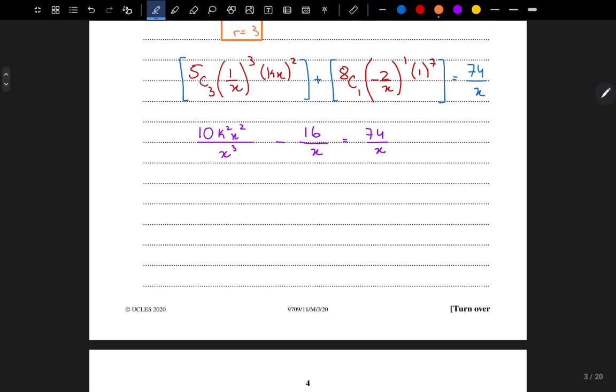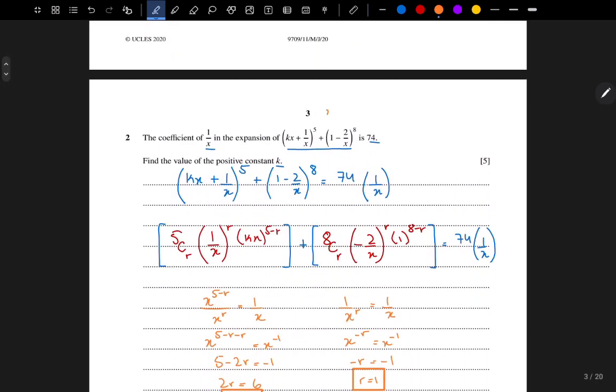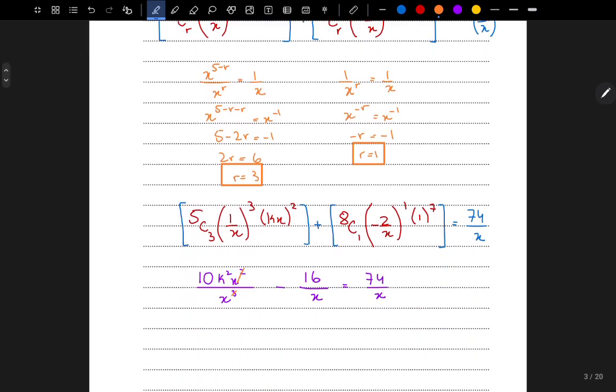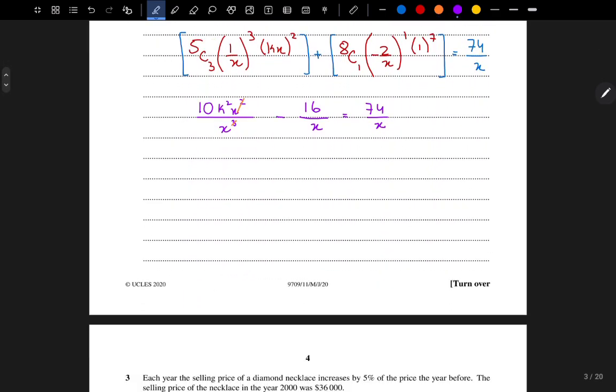Now we can cancel out the x values, because we know that over here x cannot equal 0, as this is undefined. So we cancel out the x values, and rearranging this will give us